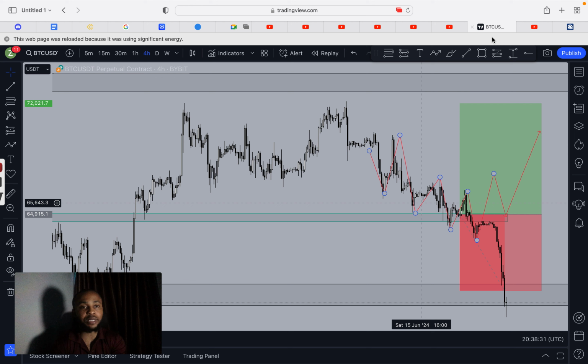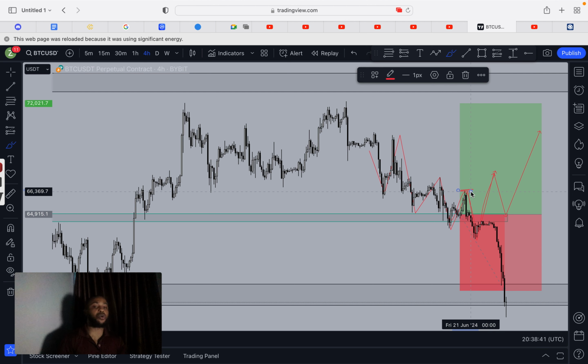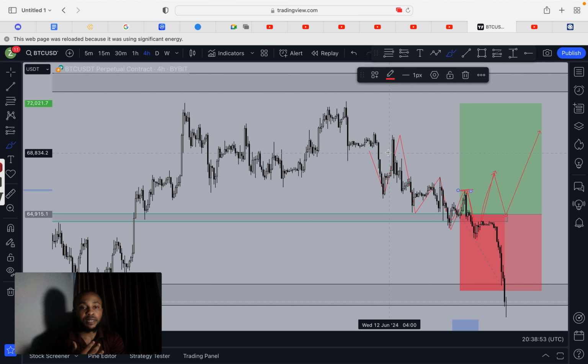But I need to first see that reversal here. Low, high, low, reversal. It broke this market structure. There's what they call market structure. I didn't want to go into that, but since something of that caliber displayed itself, I decided to explain it to you guys here. As you can see, this is a downtrend on the lower time frame, into this key support and resistance zone, this key break and retest zone.